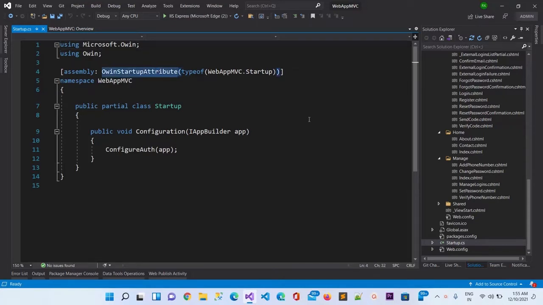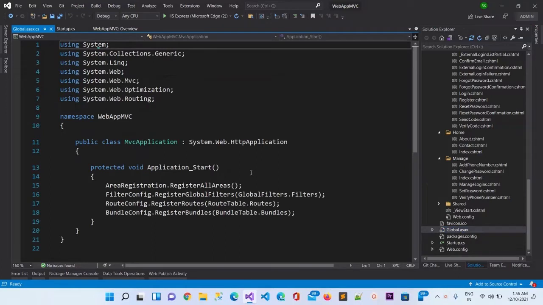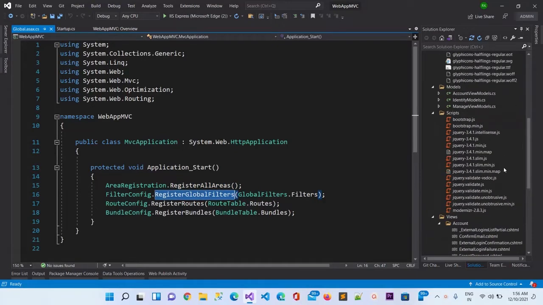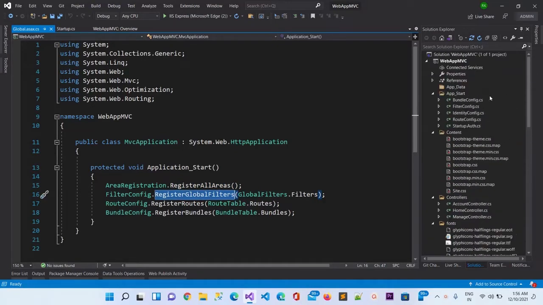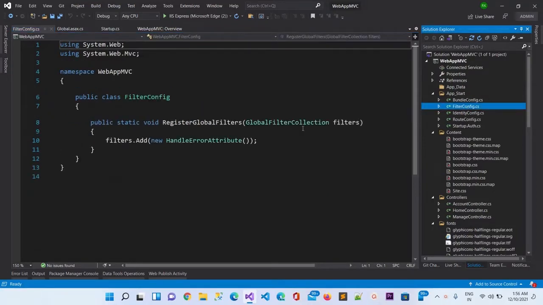Here you can see the Global.asax file, which is the entry point of the application. The application will start here, it will register all the areas, and it will register the global filters which are defined in App_Start, in FilterConfig. So filters are defined here.